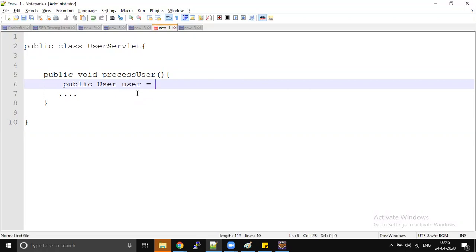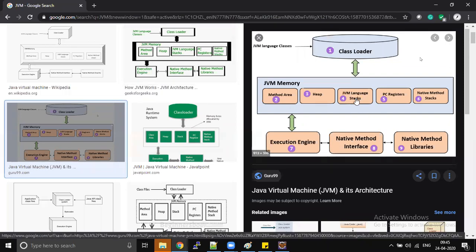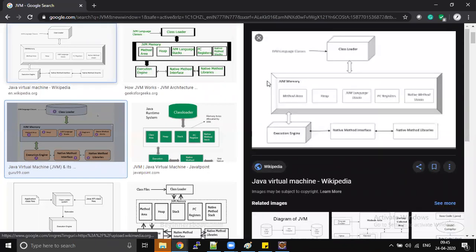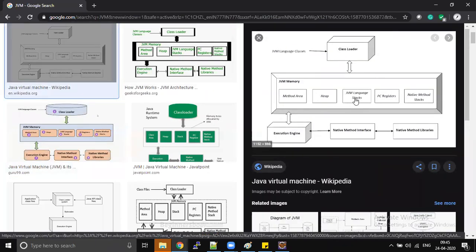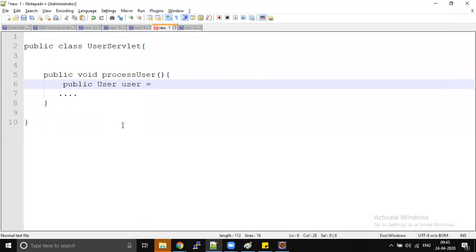So like that, if multiple users open browsers and access the application, multiple threads come in. Still there is no problem, because every thread will have its own copy. How? Because internally JVM creates a separate stack for every thread, and that information is stored in the JVM stack memory. The problem with using instance variables and static variables is that we will get a data inconsistency problem in a multi-threaded environment.